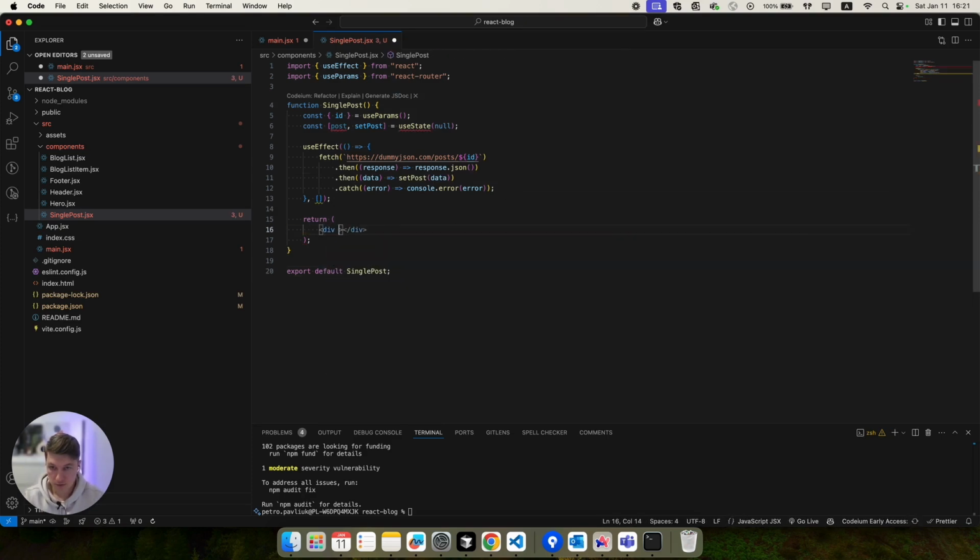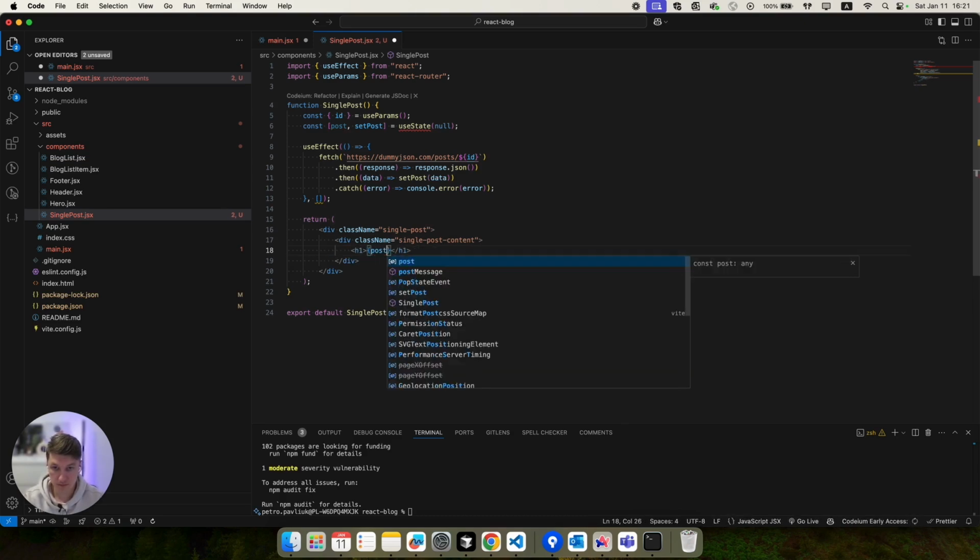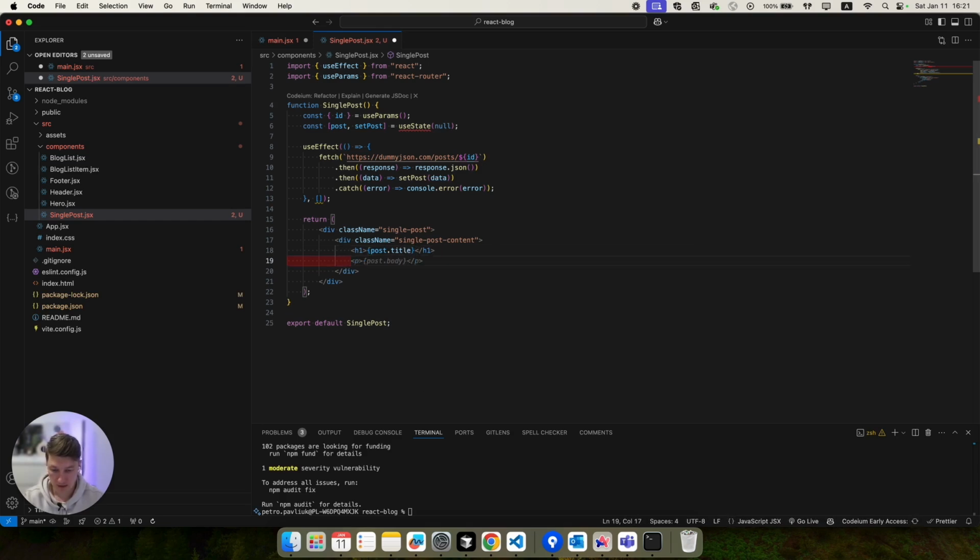So let's add a div with a class name single-post. Also another div with a class name single-post-content. Now we'll have the post title and the post image. For the post image, I will use style with background image.